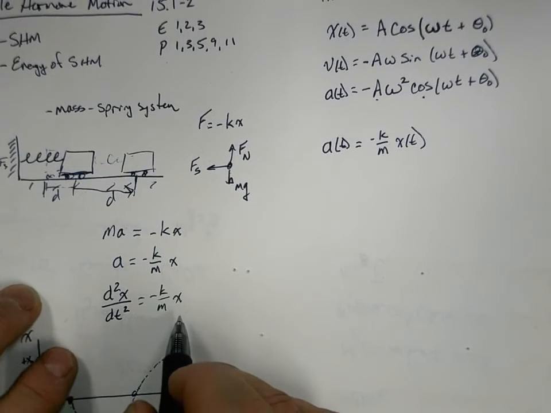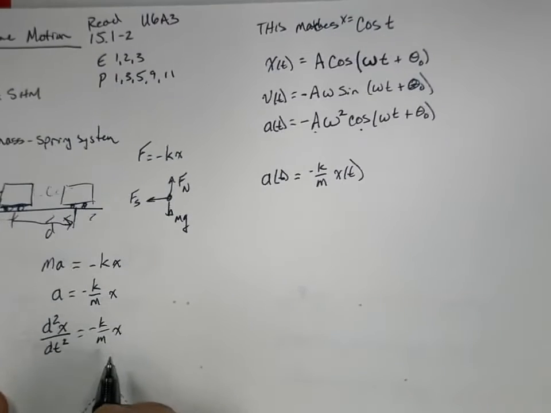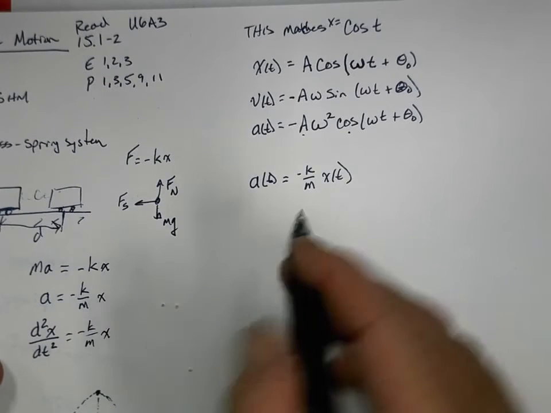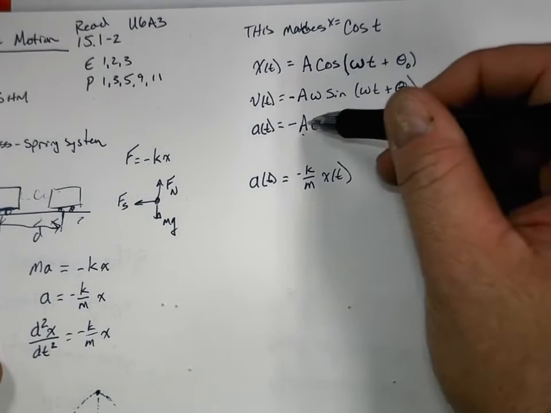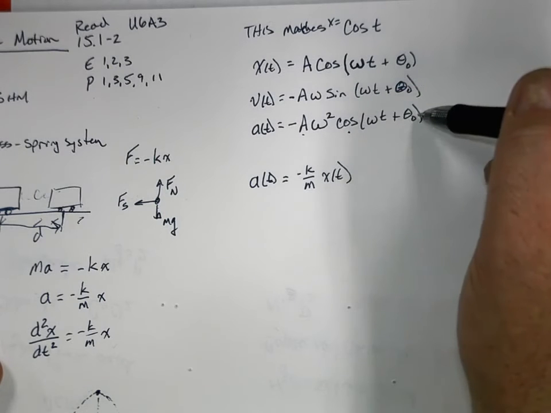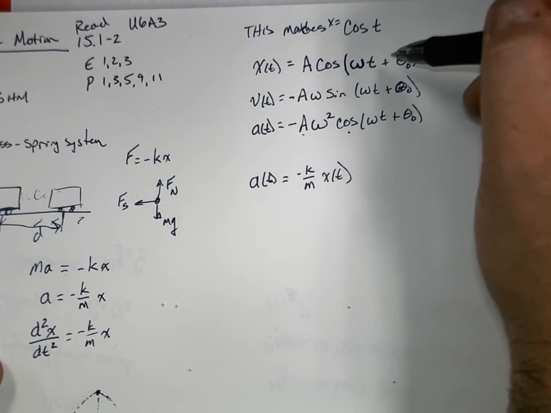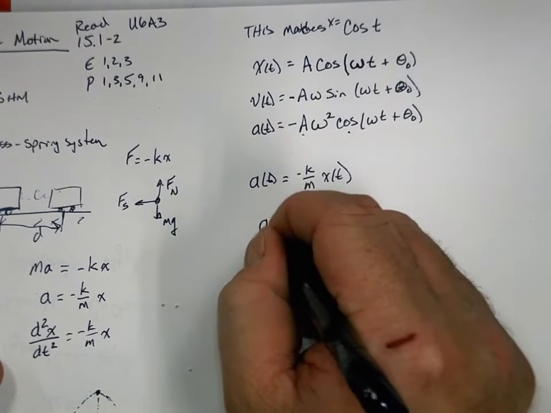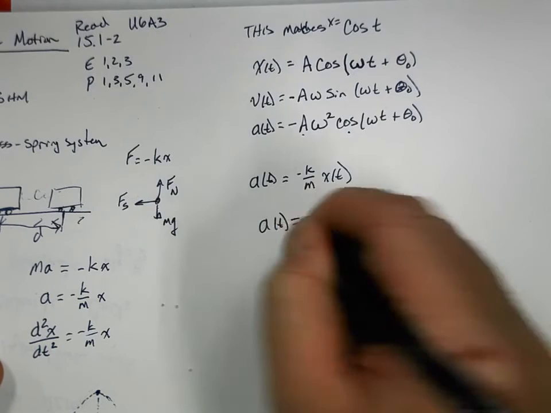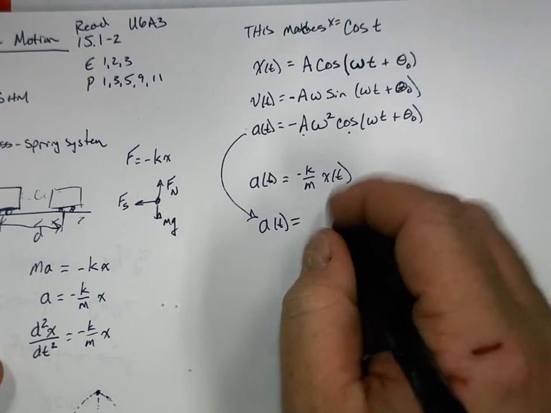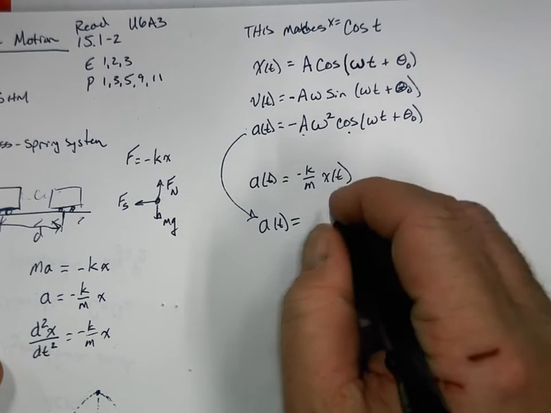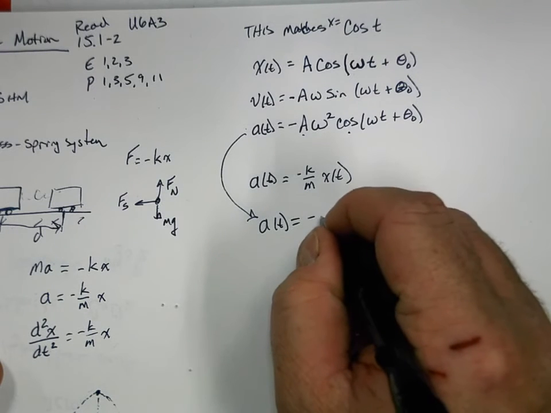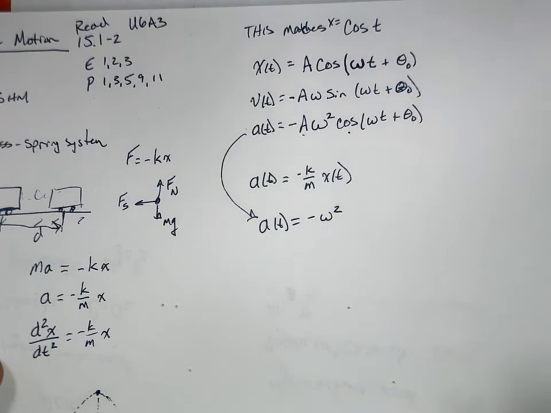Hopefully you already have this in your notes. That this A cosine omega t plus delta is what x of t is. So a of t is equal to